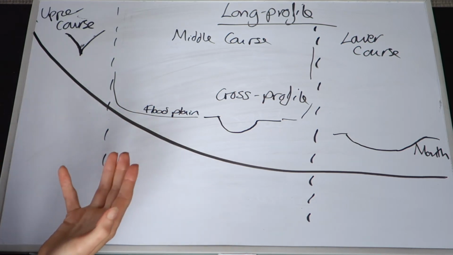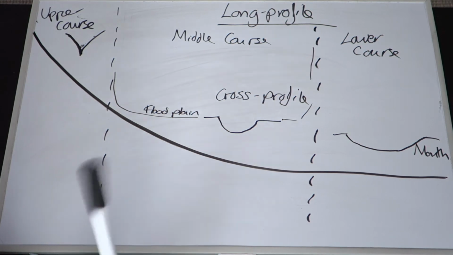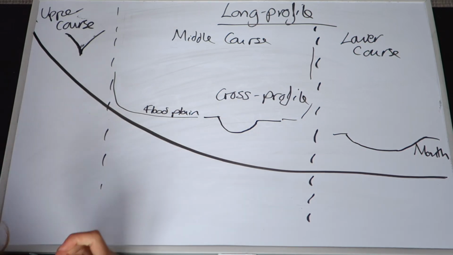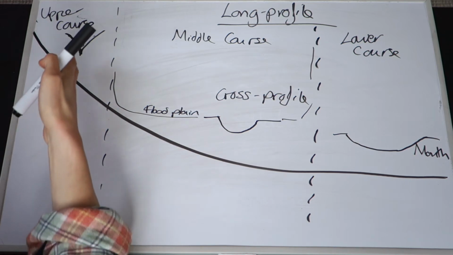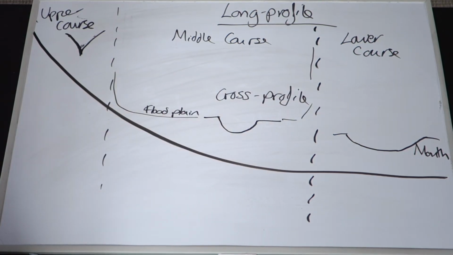So, why do these changes to the river channel happen? Why is it going from being really small to being deeper and wider? And why is the valley shape changed from V-shaped to U-shaped? Well,